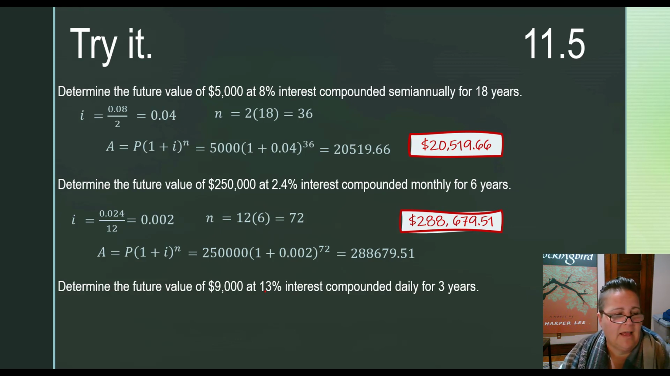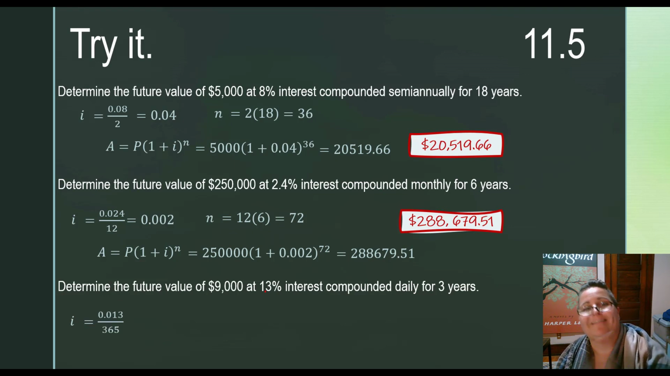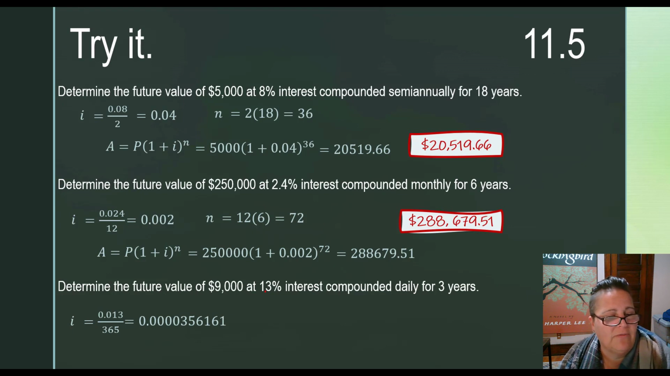So then if we fix that up, what we're going to have is 0.013, because it's 1.3%, divided by 365, because we're compounding daily. That means every day I earn a little interest, and they dump it into my account, so I can earn a little interest on that interest. Look at the number I get, 0.0000356161. My total number of compounds would be 365 compounds a year for 3 years, or